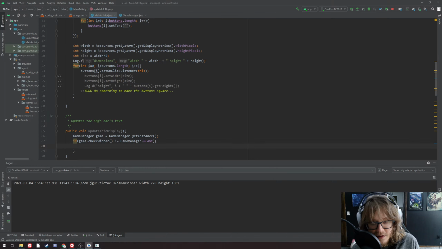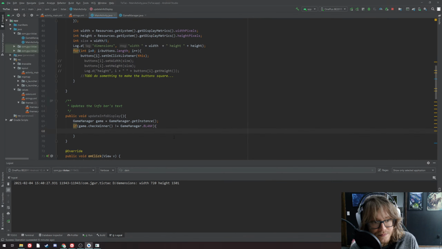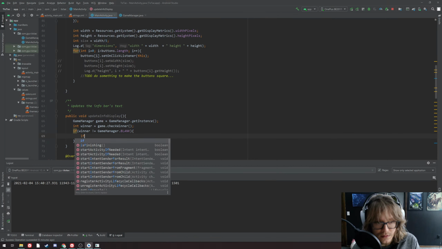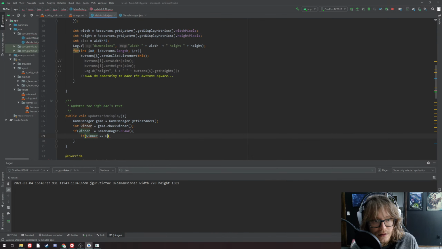But I try not to do that, because then I forget where the enum comes from. So if it's not blank, we could actually just put a field for this. Int winner is game.checkWinner. If winner is not blank, then if it's x,